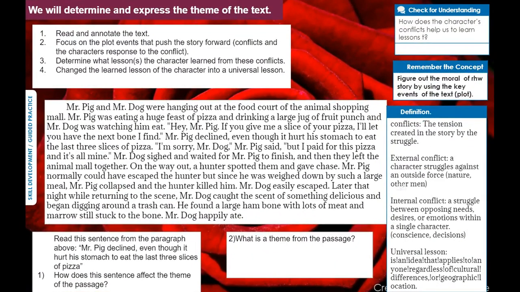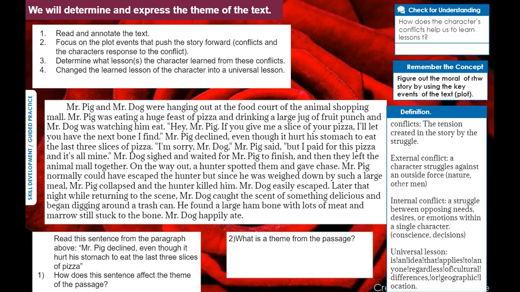Now here we're going to do a little bit of practice, and this is something that you need to make sure that you understand. So remember, we always read and we annotate. Annotation helps us to understand what we're reading because we're defining words we do not know. We're looking at how the author used diction, imagery. We're looking at the details. We're looking at the language and syntax. Syntax is sentence structure. Again, you see that we're talking about structure. Why? Because a lot of times that gives us clues as to what we should be paying attention to. We'll talk about that a little bit more in class together.